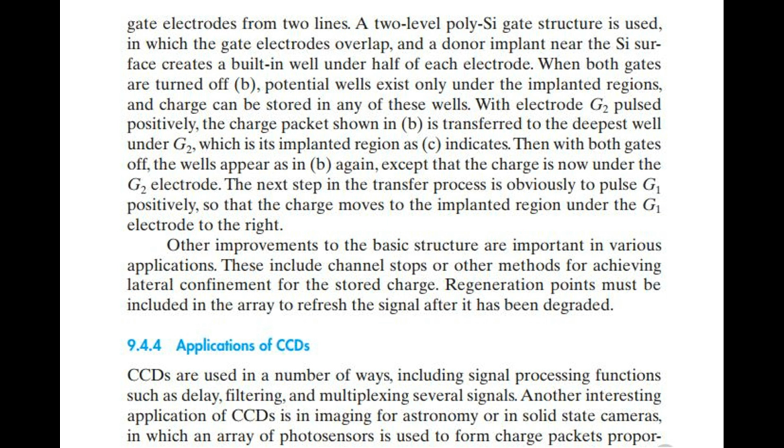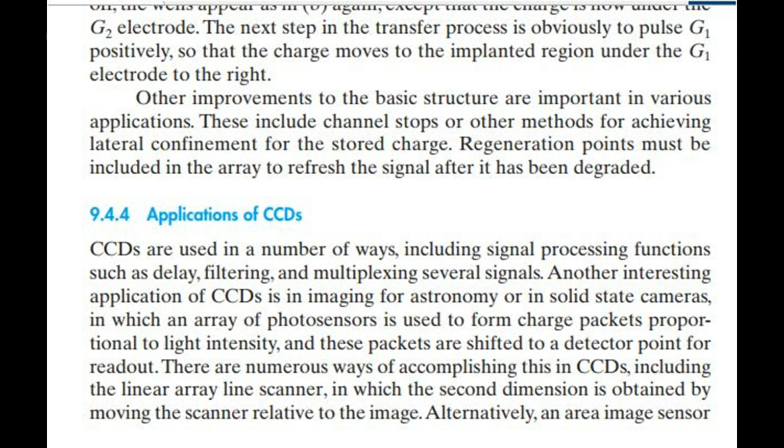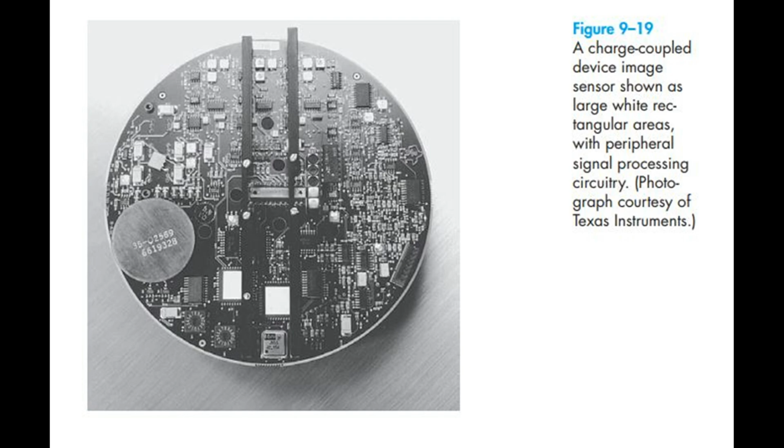Applications of charge-coupled devices. Charge-coupled devices are used in a number of ways, including signal processing functions such as delay, filtering, and multiplexing several signals. Another interesting application of charge-coupled devices is in imaging for astronomy or in solid-state cameras, in which an array of photosensors is used to form charge packets proportional to light intensity, and these packets are shifted to a detector point for readout. There are numerous ways of accomplishing this in charge-coupled devices, including the linear array line scanner, in which